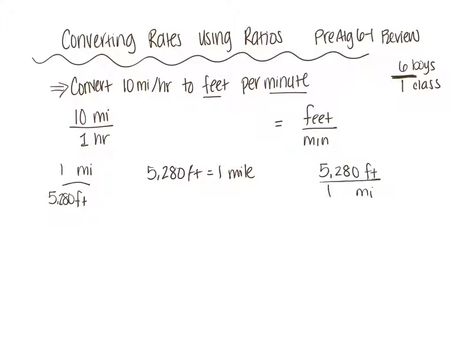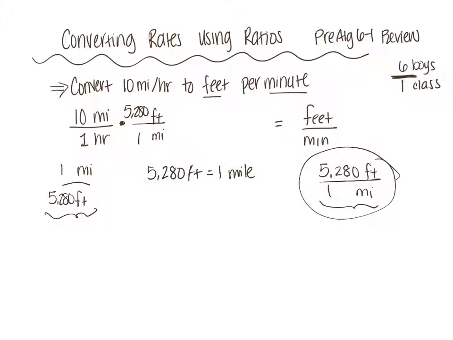So which one do I want to use? This guy or this guy? Well, I'm going to end up having to multiply it up here, and I want my miles to cancel out. So miles divided by miles. So I need the one with miles on the bottom. That's this one. So let's go ahead and plug that in. Okay, and at this point my miles cancel out, giving me my feet, so I'm good on feet, but